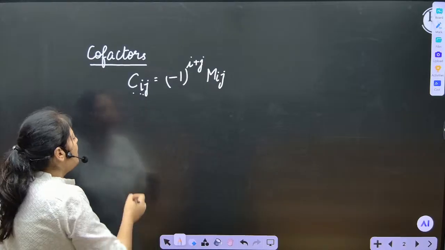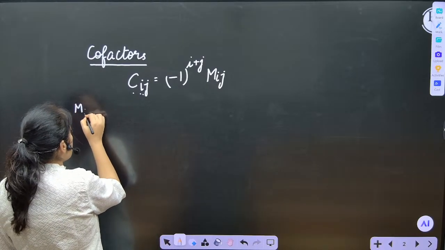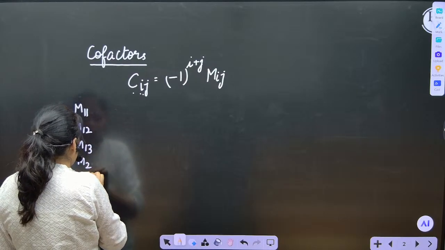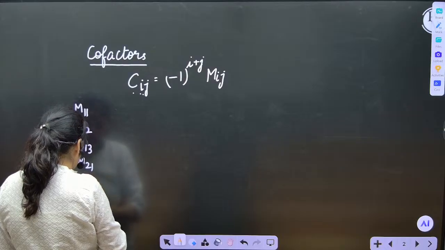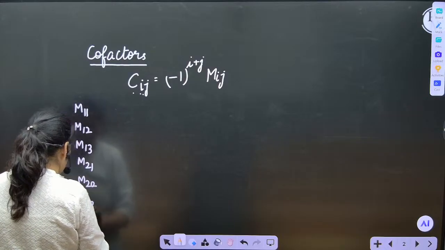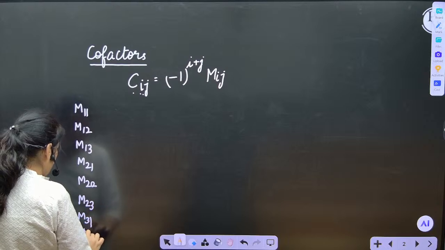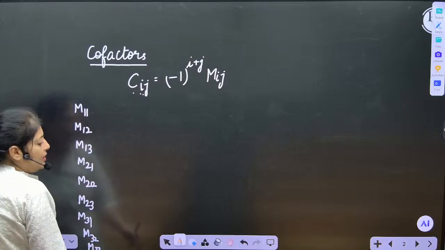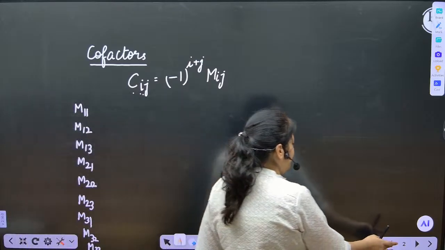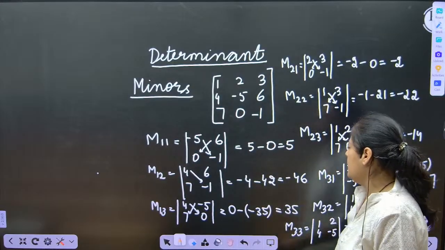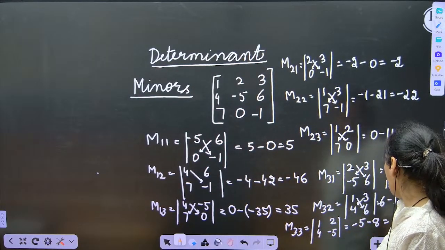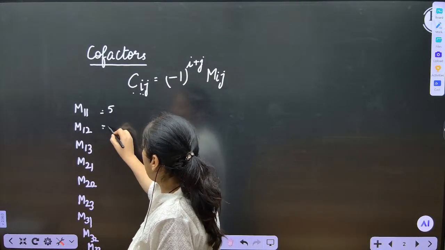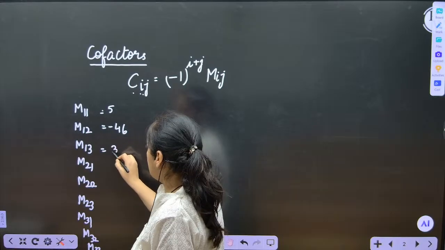Okay. Till now we have found the values that I am going to write over here: m13, m21, m22, m23, m31, m32, m33. These are the values we already have found in the last question. 5, minus 46 and 35, minus 46 and 35,